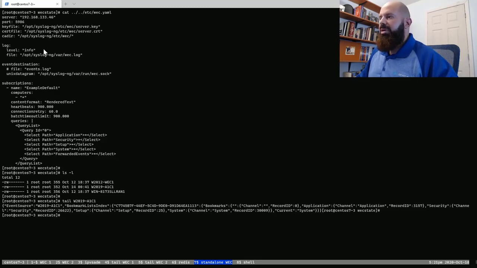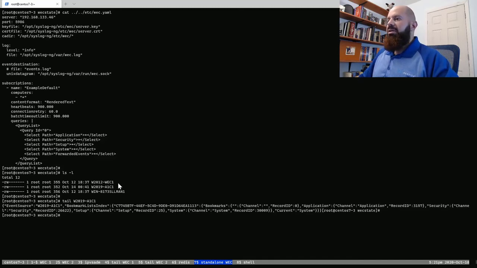It's informational and above. So we're subscribed to the application, the security, the setup, system, and forwarded events containers. The rest of the stuff here is just connection parameters, and also we're not doing any event ID filtering in this particular case, but it is possible in this YAML file.